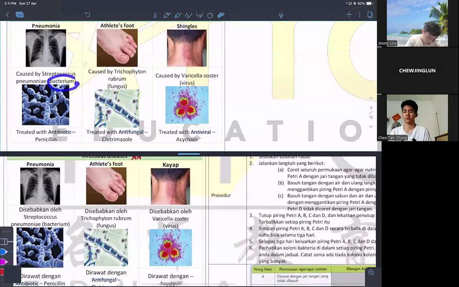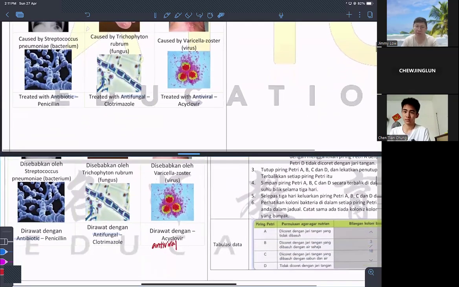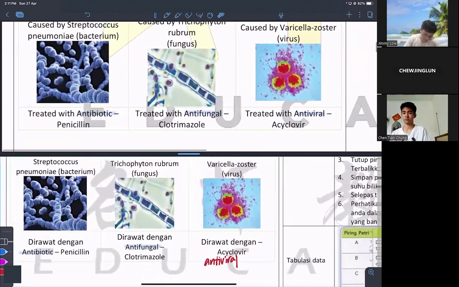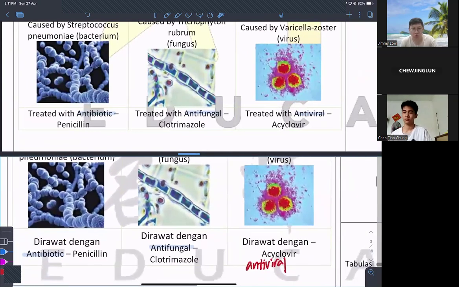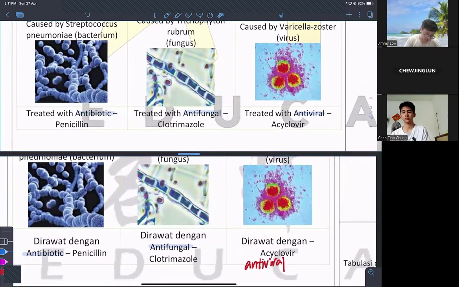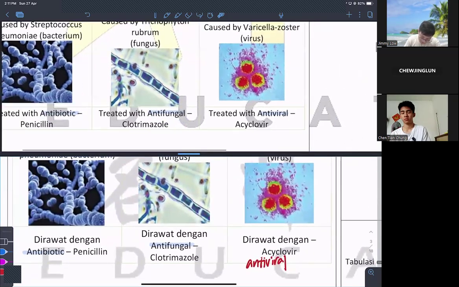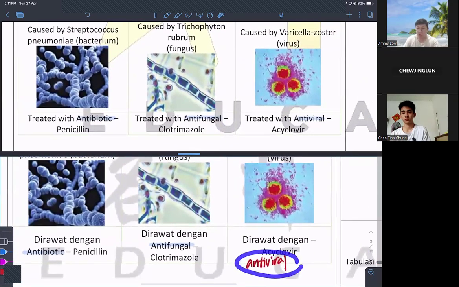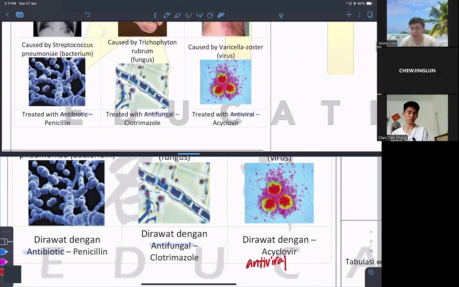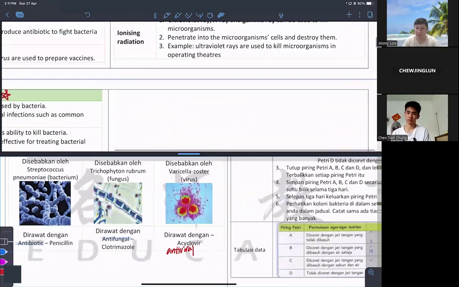which means what is the source that causes you to have this kind of disease? Fungus, bacterium, virus, to cause you to have certain diseases, as well as their respective medicine. The medical treatment here, no need to go through the name of that particular medicine. Just go through the general term: antibiotic, antifungal, antiviral. Just roughly go through the general term instead of the detailed name. All right, so this is the important thing.